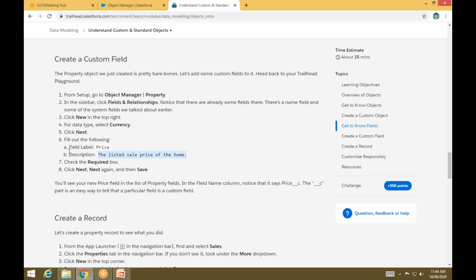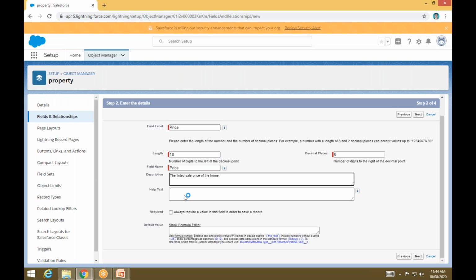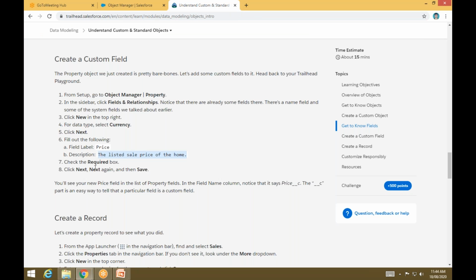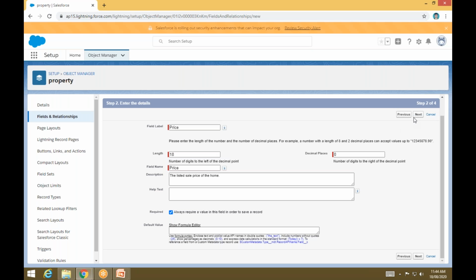Now after that, I need to check the required box. Where is the required box over here? Here I have the required box. I just need to make a check over here. Okay, and after that, click next, next again, then save. So I need to click the next,